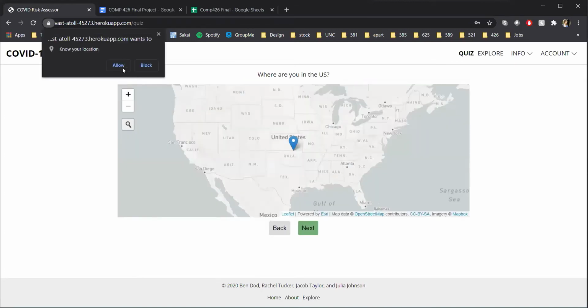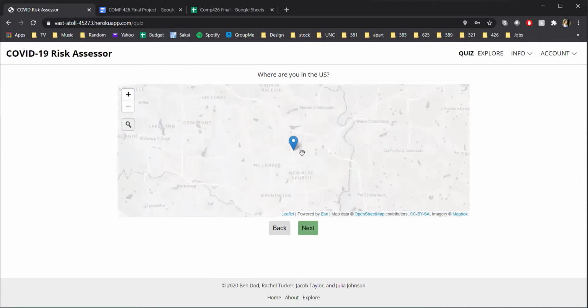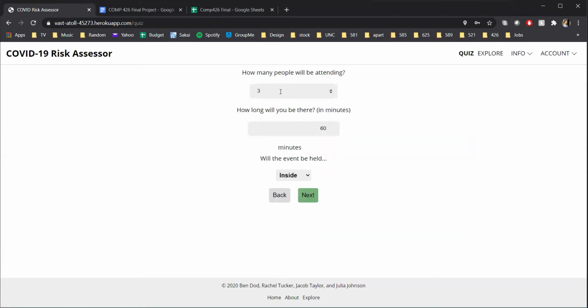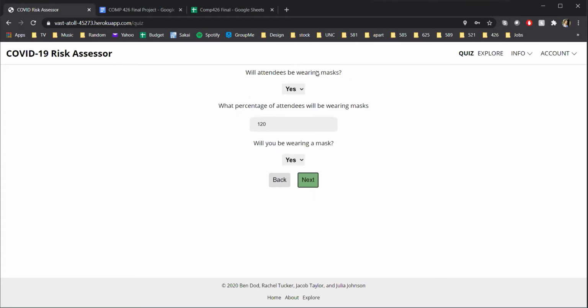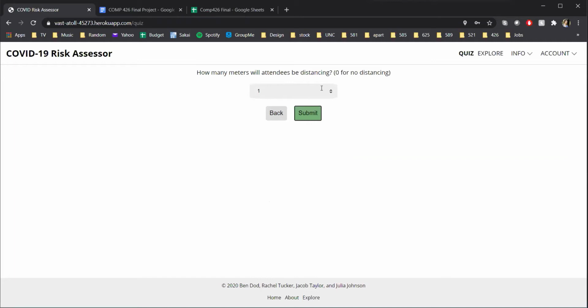So let's say I'm in Raleigh, North Carolina, and I'm going to an event with, let's say, 50 people, and I'll be there for 2 hours. It's held inside, and attendees will not be wearing masks. 0% of attendees will be wearing masks, and I will not be wearing a mask either. We'll be distancing 1 meter,